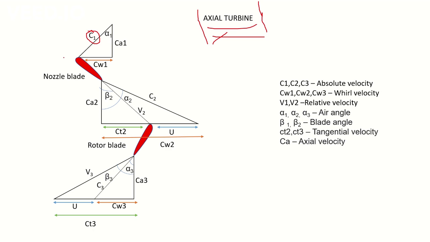Here we can see that the velocity with which the air enters the nozzle blade is given by C1. The velocity enters at an angle alpha 1 and passes through the nozzle blade. In the nozzle blade, the absolute velocity of the air increases, which we can see from the line difference indicated over here. Later, the relative velocity is observed. Relative velocity is the velocity observed when we sit on the rotor blade and observe the movement of the air.